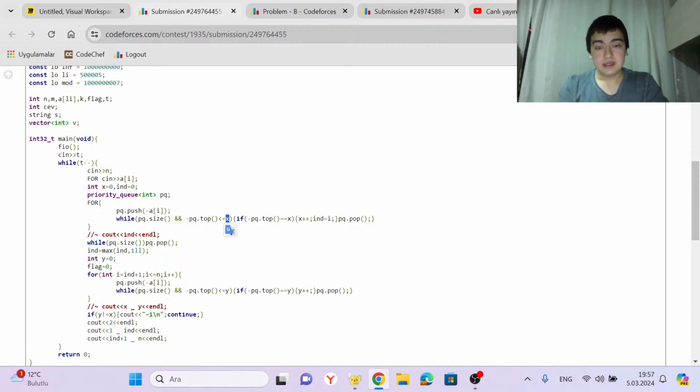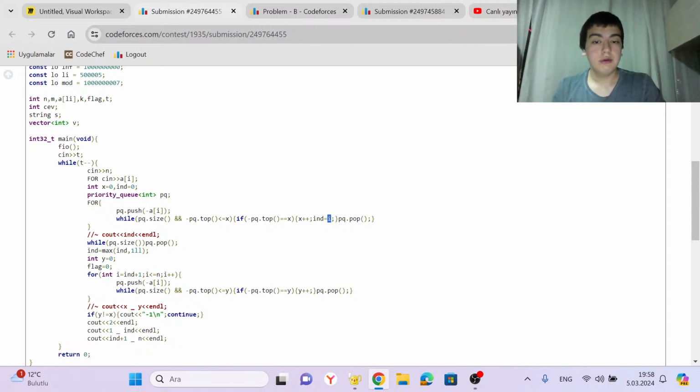So x gives the current max. While the priority queue's smallest element is less than or equal to x, I am deleting it from the priority queue, and if it equals x, I am increasing the x and